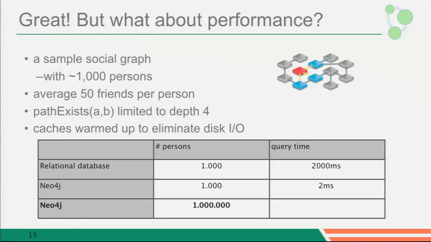This is on my laptop, so it's a while ago, with a 300 megabyte heap for the JVM. And with 1 million people, 25 million total relationships, we grabbed 2 people at random, checked if they're connected within depth 4, and it's still a 2 millisecond operation. With MySQL, oops, it took several weeks before that operation was completed. So when it comes to really complex connected data and these kinds of queries, a graph database is vastly superior to a relational database.